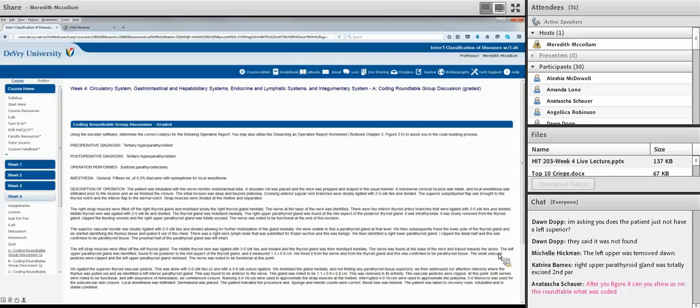So they did right, here was the right upper, so they got right upper, right lower, and then they did left parathyroid gland was identified, found to be posterior, so